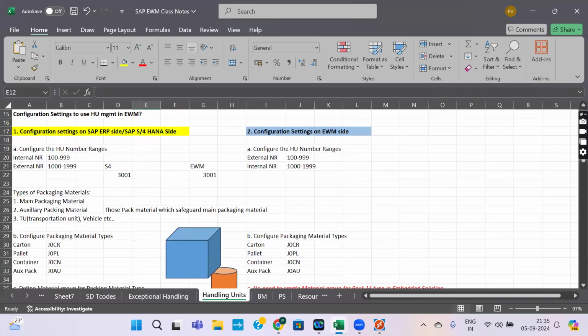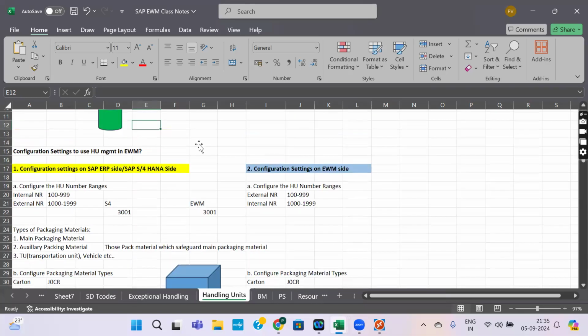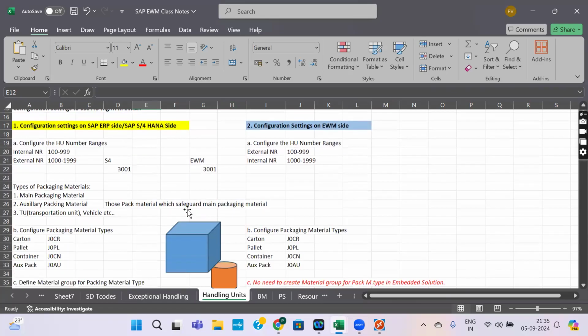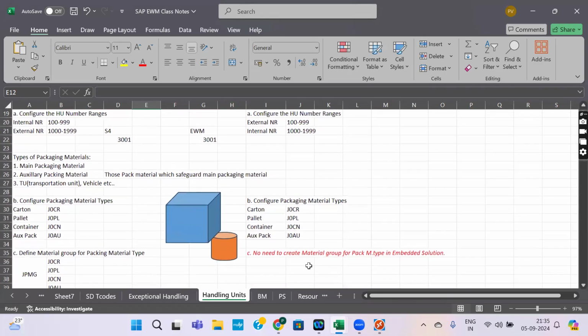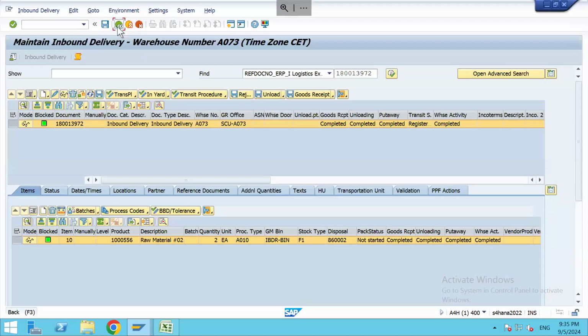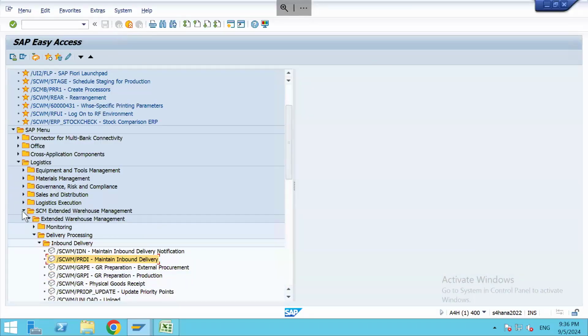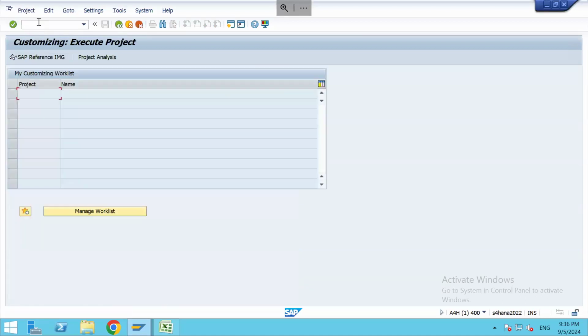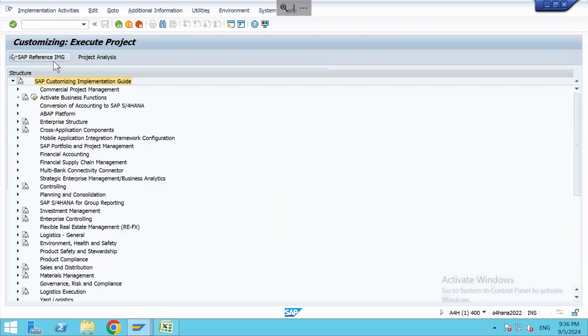When I say a handling unit is a material to be packed and packaging material having a unique numbering, that means a handling unit will have a unique numbering. So to generate those unique numbers of handling units, what do we need to have? We need to have number ranges. You will find that here. So I'm starting with the configuration for handling unit management on the S4 side first of all. Come here